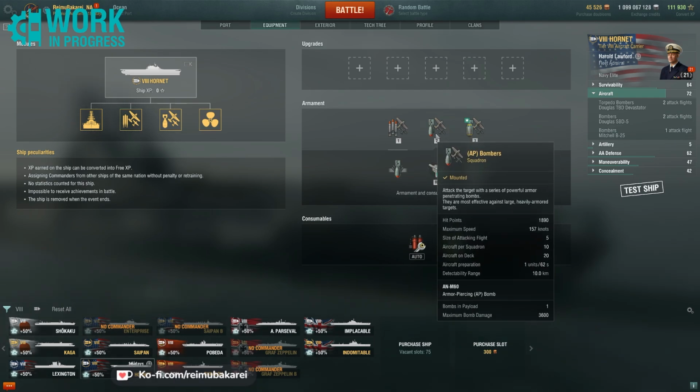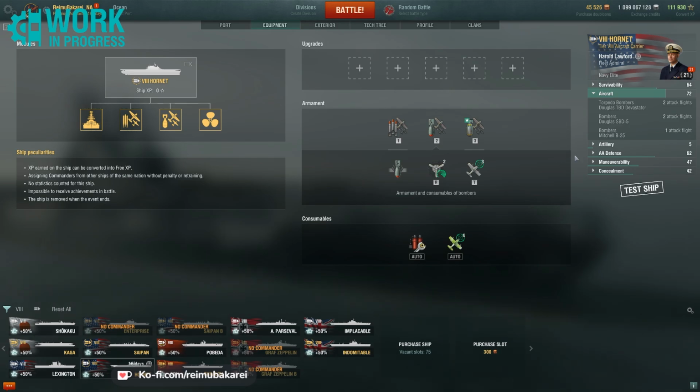Secondly, the penetration values on these bombs are insane. These bombs are extremely strong at penetrating targets, which means that at tier 8, tier 7, tier 6, you're going to be overpenning a lot of things. And that's not what you want. These are equivalent to Graf Zeppelin's AP dive bombers. But instead of doing the usual Graf Zeppelin flight, you know, slow angle downwards at less than a 45-degree angle, which causes that angle drop to ricochet,